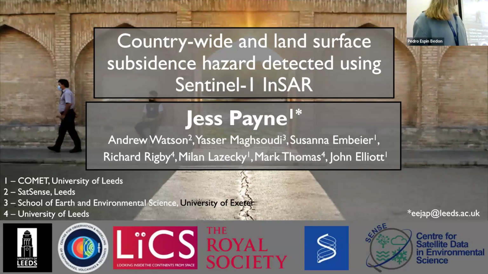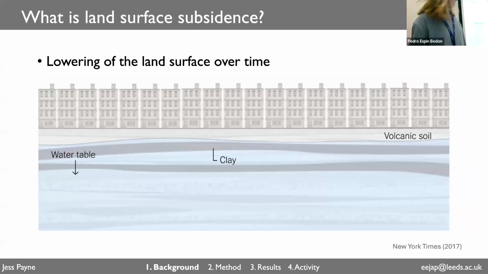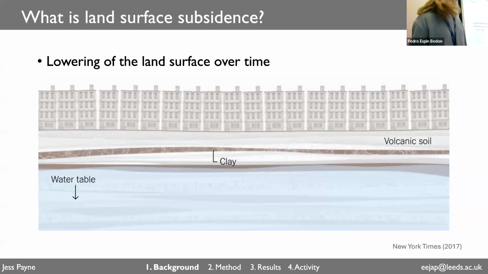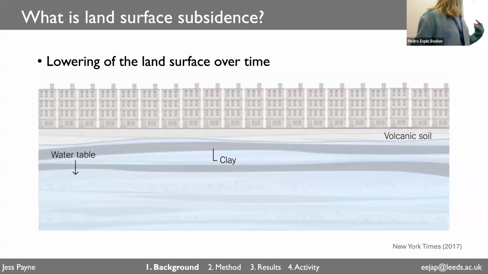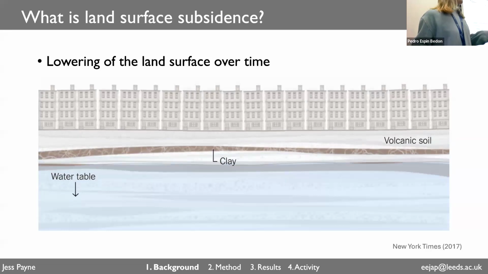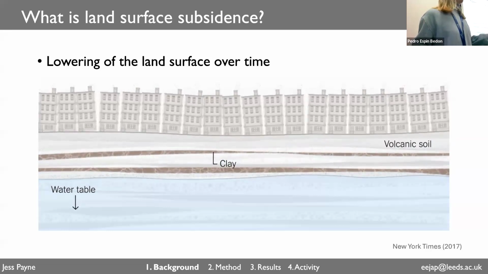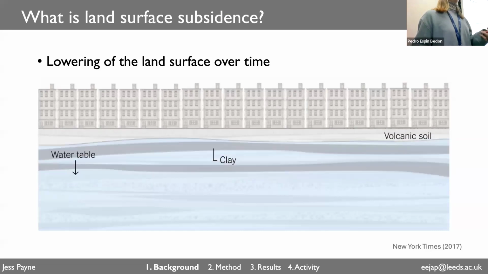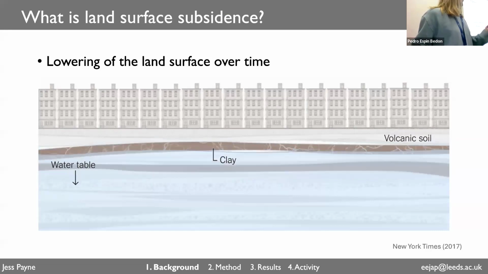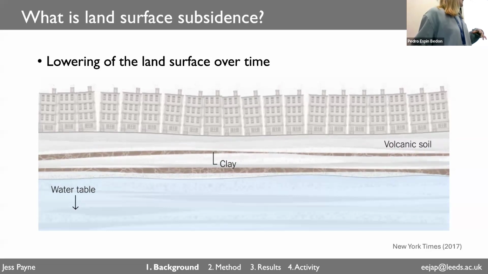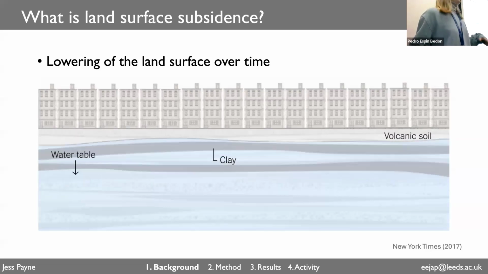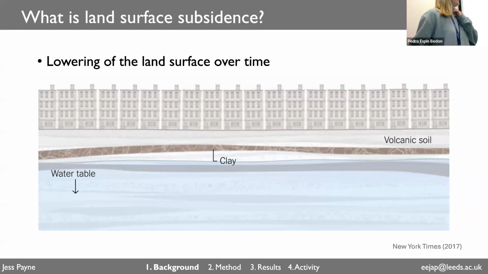So it'll be a little bit less technical than what Susie's just presented, but a bit more application focused. We'll start by talking about what land surface subsidence is, where you find it, how you can image it using COMET InSAR, a bit about velocity decomposition, which you asked about before, one of the errors that people talk about when looking at this phenomenon, phase bias, and then if we've got time, some general applications of what we can do with this data.